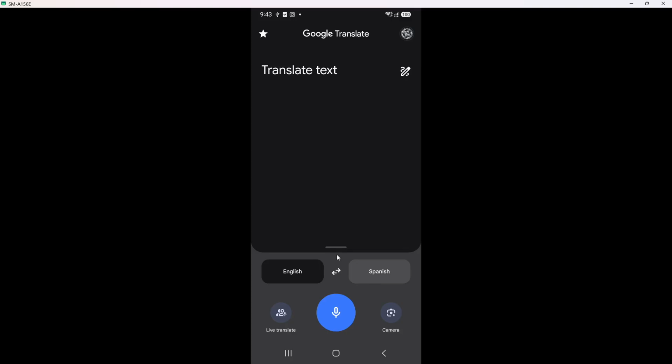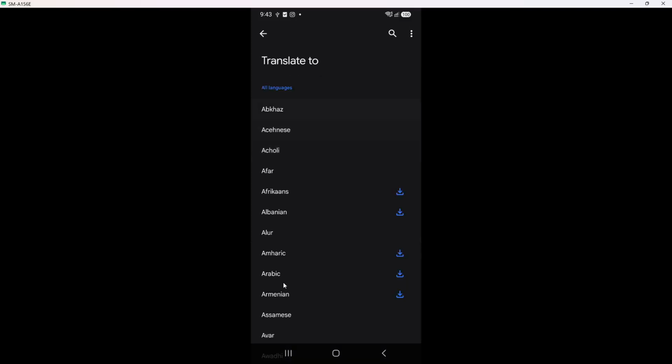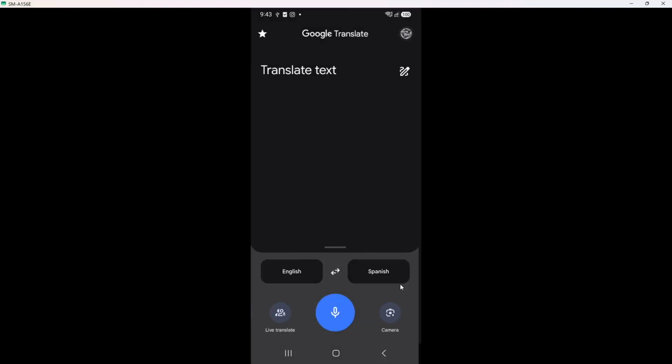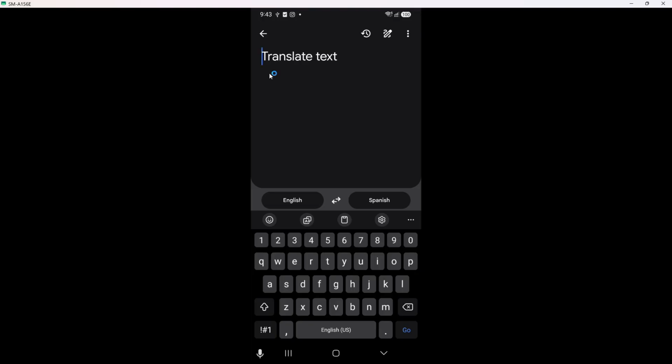Again, you will see the language list with your most used options at the top. If you are not sure where a language is, scroll slowly and watch the letters on the side as a guide. Select the language you are translating to. After you tap it, the language name appears in the right box, and you are returned to the main screen. At this point, both language boxes at the top should show exactly the pair you need, from on the left and to on the right. Google Translate remembers these choices for the next time you open the app, which saves time later.